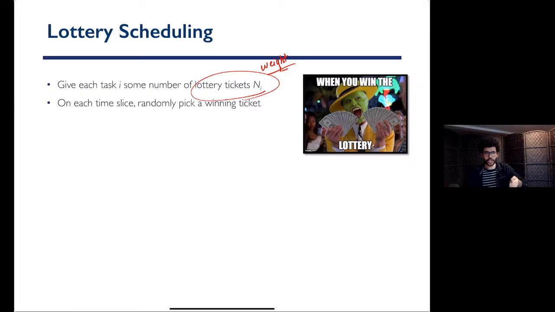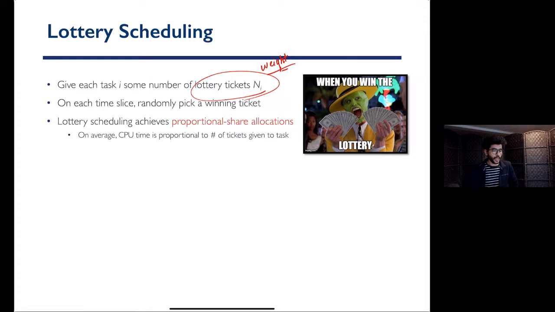At the beginning of each time slice, I'm going to run a lottery, and one lottery will win, and whichever task owns that lottery will be scheduled on the CPU. So if I run this algorithm again and again for so many time slices, what I would expect is, on average, each task gets as much CPU time